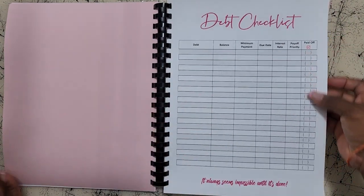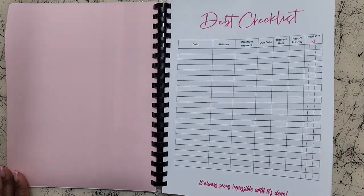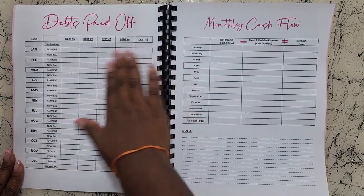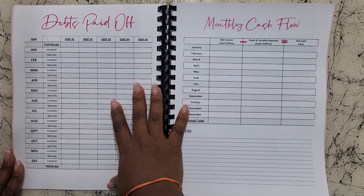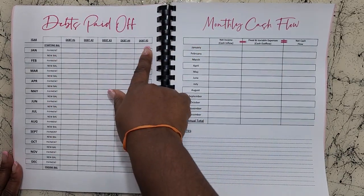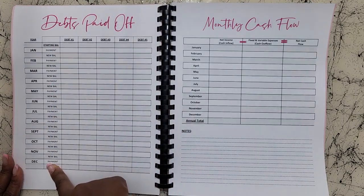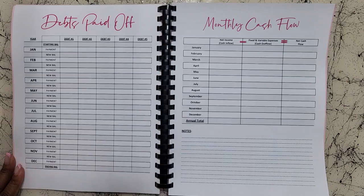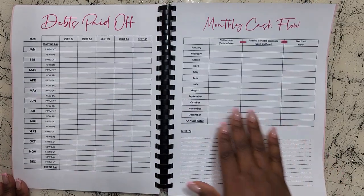And then you have over here, you can start to check things off as you've paid them off. And then you can break down what 5 debts you're going to be working on this year. If there's more, that's fine. But for the planner, I have 5 here, and it breaks it down throughout the year and how you're going to be making payments and then the new balance for each month of the year. And then you have